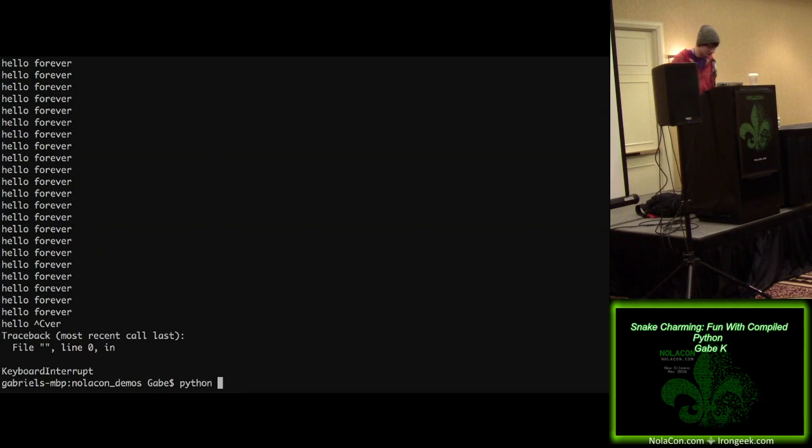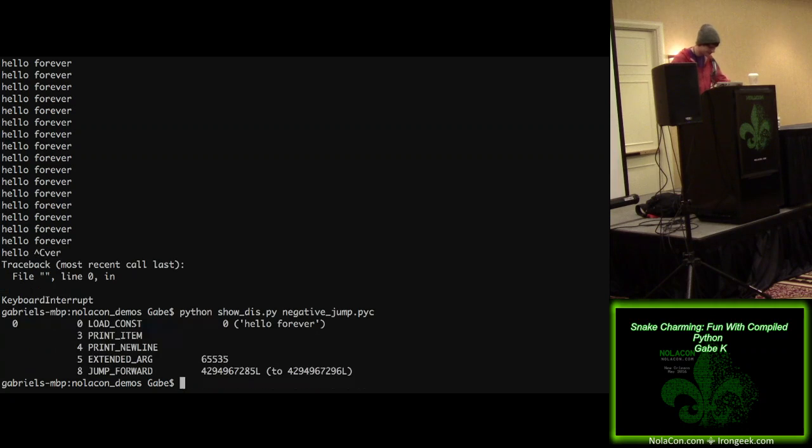However, if we disassemble it with dis, which is the built-in Python module, it looks normal at first. We have load const, print item, print new line, but then we have jump forward to this address, which is not quite where we're actually jumping to, because the disassembler does not actually take whether it's signed or not into account. So